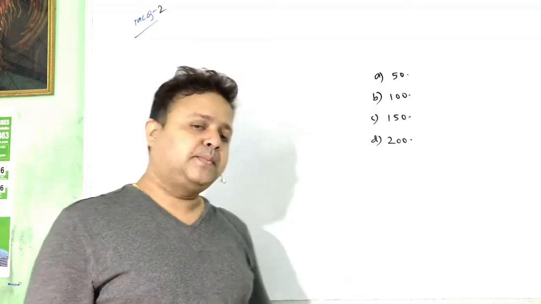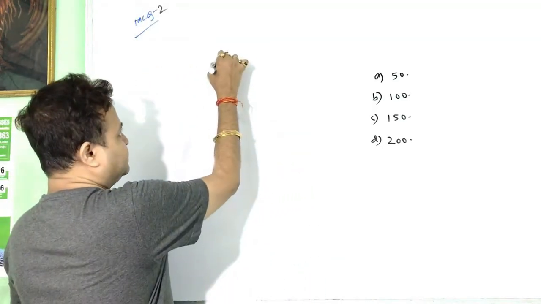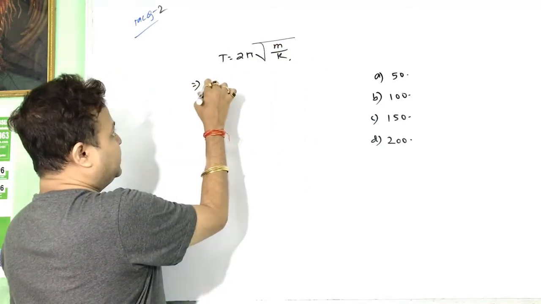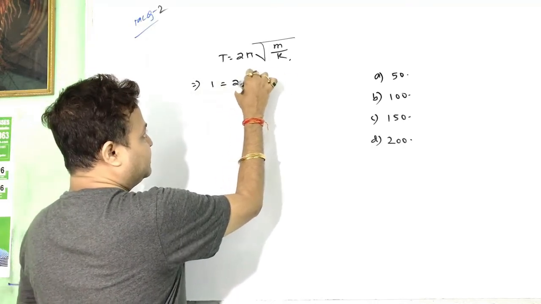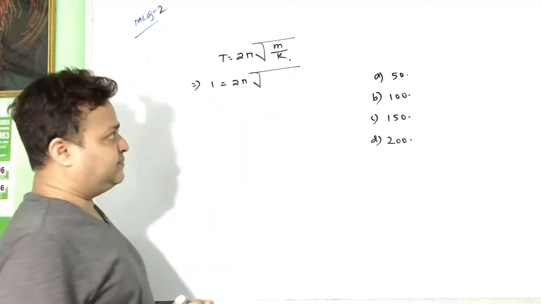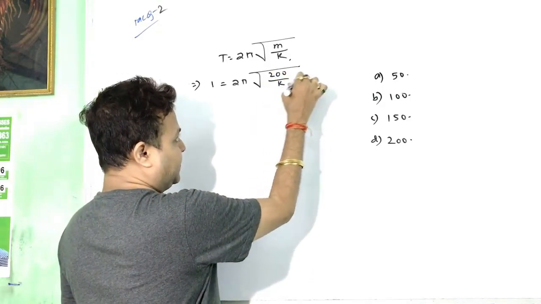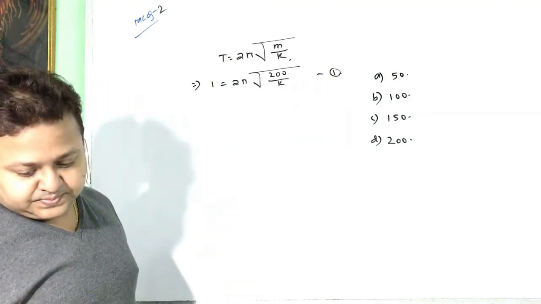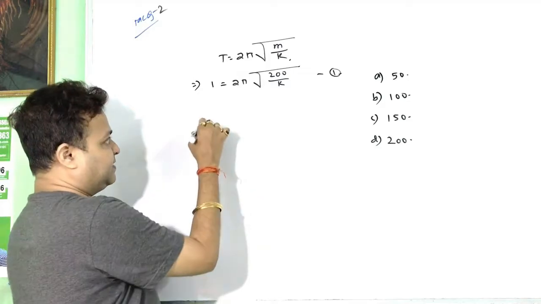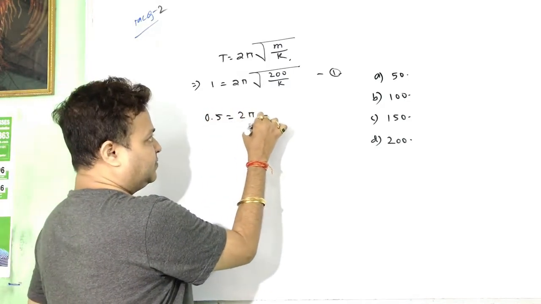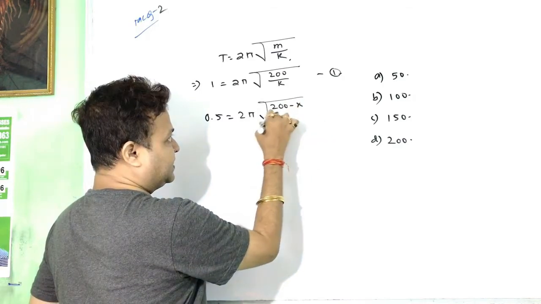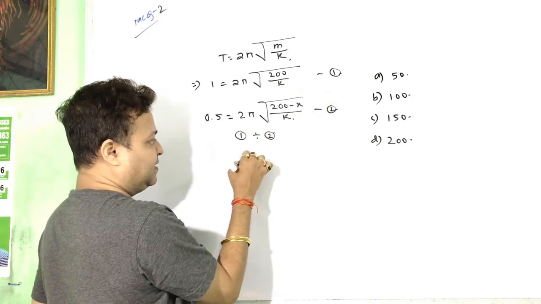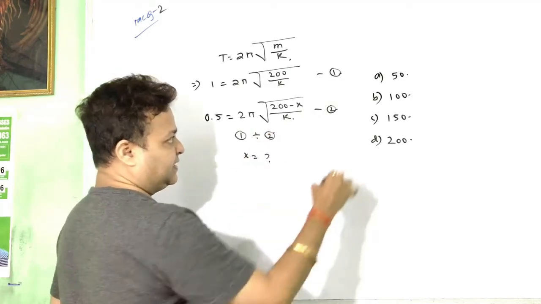নর্মাল ফর্মুলা আমরা ইউজ করব স্প্রিং এর, twice pi root over m by k। প্রথমে কত ছিল টাইম পিরিয়ড 1 সেকেন্ড মনে হয়, কত মাস হ্যাং করা ছিল 200 গ্রাম। বলছে হাউ মাচ ওয়েট মাস্ট বি রিমুভ to reduce the time period to 0.5 seconds। 0.5 এটা হয়ে গেল twice pi root over 200 minus x by k, 1 divided by 2 করলে x এর ভ্যালু পাবো। Answer is